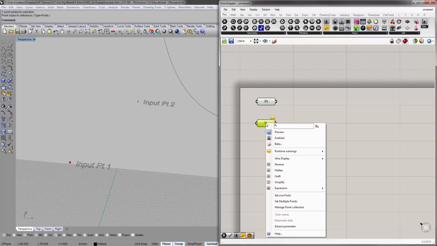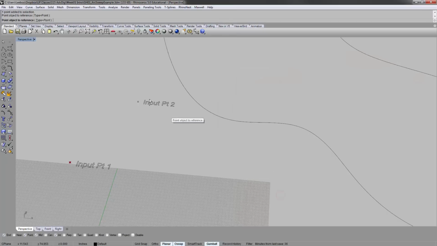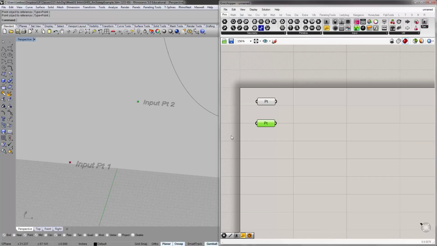So you do the same here: right click, set one point, and you can click or just do a crossing selection of that one point. And you'll see that when the points get referenced, you get an X or a cross, right? This is Grasshopper's display of points. Rhino's display of points were those little small rectangles. Grasshopper's display of points, to differentiate, are these little crosses or little